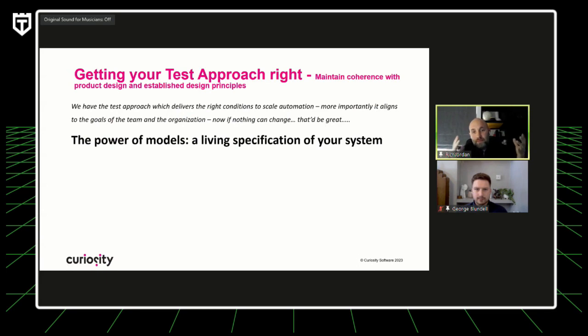Cool. So we understand entropy. We understand how to face into that. We're having really good Three Amigos conversations where we're building models. We've got a test approach where we've broken these things up into nice, fine-grained understanding of our systems architecture. That's great at the macro test approach level. How can modeling come to life in terms of the micro levels?